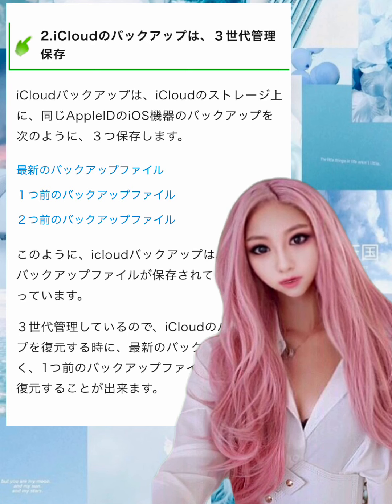When restoring an iCloud backup, instead of the latest backup, it is possible to specify a previous backup file and restore it. Managing backup files for 3 generations is basically a big advantage for users, in that you can return your iPhone or iPad to a previous state. In reality, there are many disadvantages. It means that the backup file is stored for 3 generations, and that's because it consumes the storage capacity of iCloud.